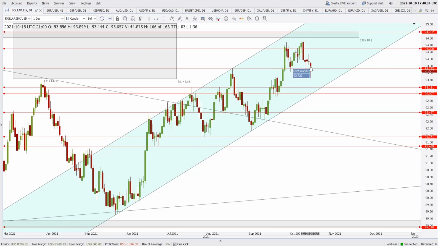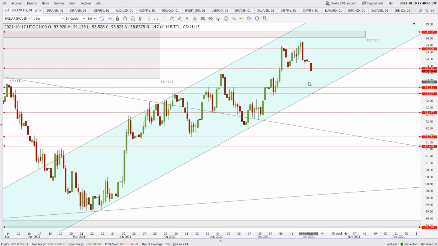Now we are just waiting for a close, because the closing price is a very definitive, or you can say very important, price to ascertain the direction of the commodity or the currency or the index for that matter. So now here, if the price closes below 93.73 here,